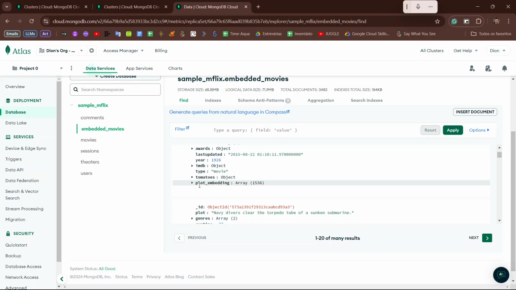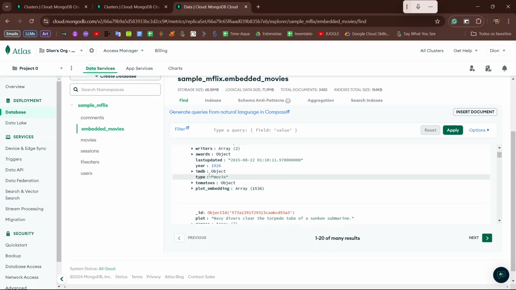So if you want to use this database, you will be obliged to use OpenAI embeddings to do this search and to communicate with this Mongo sample. If you want to use another embedding style from Hugging Face or Gemini, you must regenerate all this embedding information from the API that you want to use. After that, yes, you will be able to search inside the embeddings with the information that you want.